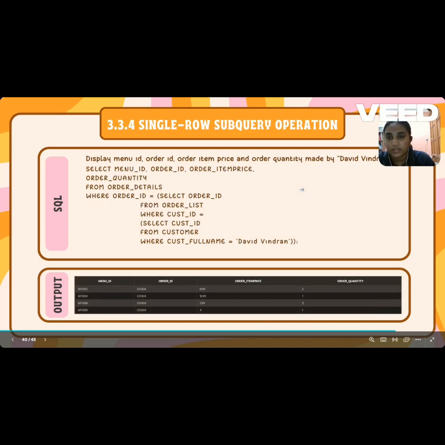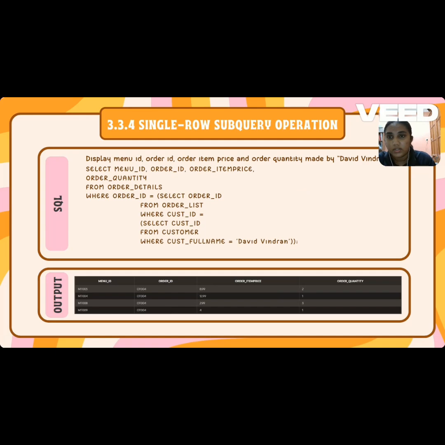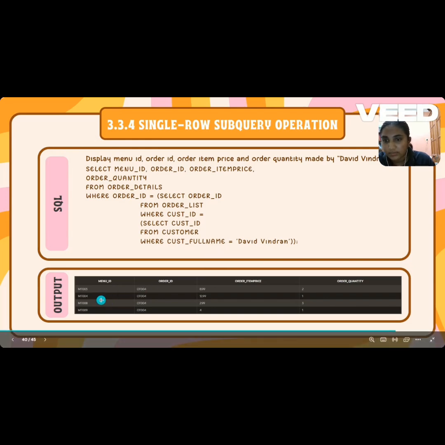This is another sample of the single row subquery operation. Display menu ID, order item price, and order quantity made by David Windren. And the SQL code is select menu ID, order item price, order quantity from order details, where order ID equals select order ID from order list, where customer ID equals, in brackets, select customer ID from customer, where customer full name equals David Windren. And this is the menu ID ordered by David Windren, MT003, MT004, MT008, MT009, order ID OT004, order item